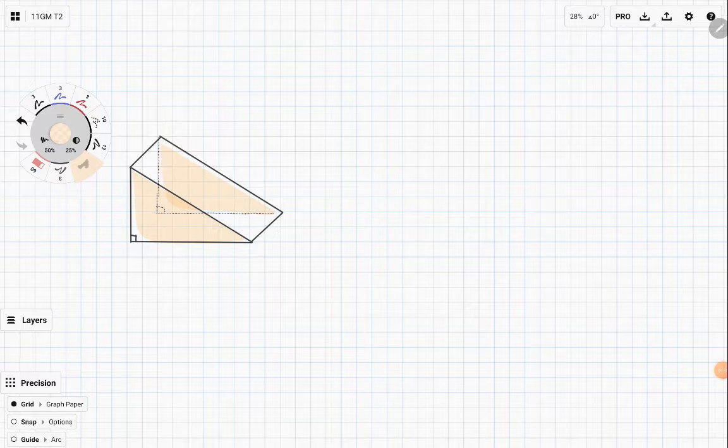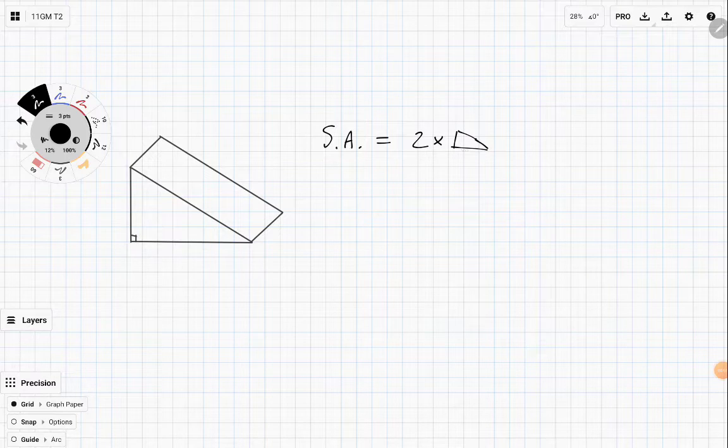Okay? But on top of that, we don't have 6 faces this time. We've only got 5 faces. The 5 faces we have are the 2 triangles that we just spoke about. So surface area is equal to 2 times this triangle